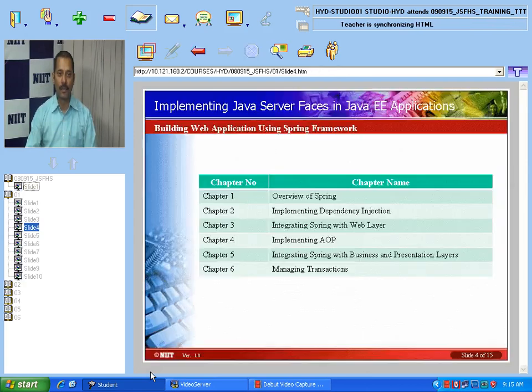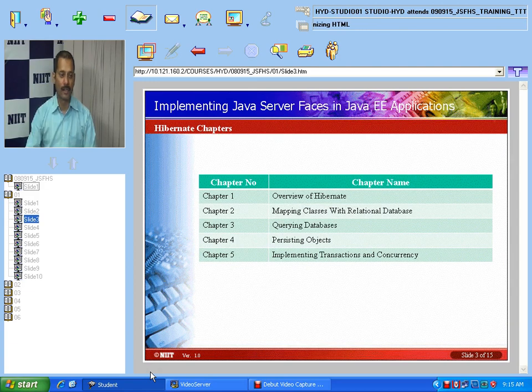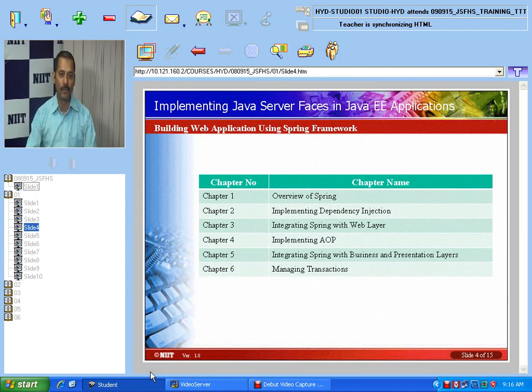Last class we discussed the transactions, and how to implement transactions and concurrency in Hibernate. We also started yesterday the overview of Spring, what the architecture of Spring applications is, and some of the components of Spring.